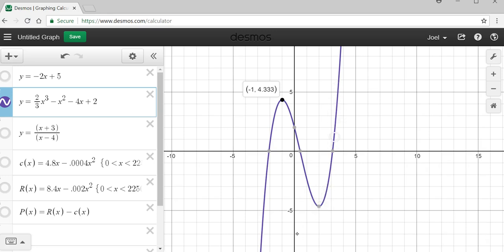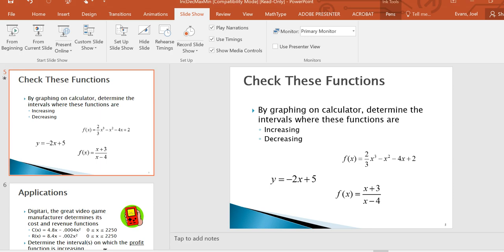I can see where it's increasing there. And then it's decreasing in this region. That's where it's decreasing. And it's got a maximum here up at the top, and it's got a minimum down there at the bottom. Got a minimum right down there. So if we go back to our screen,